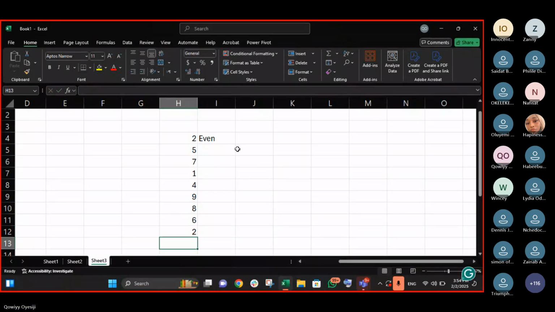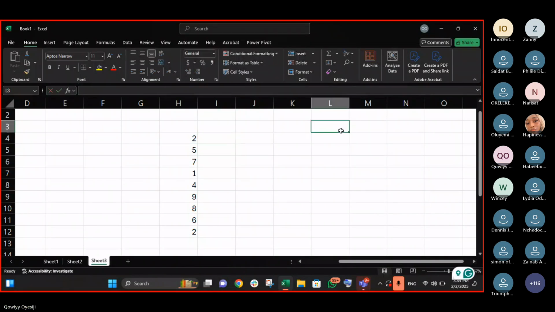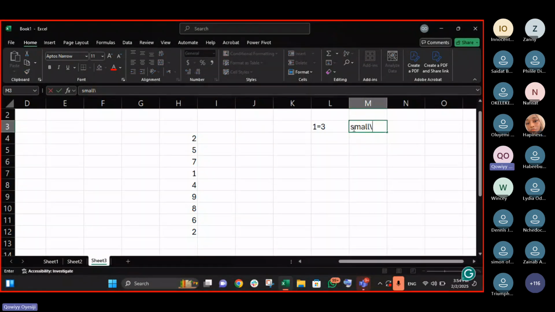Now, I want to use IF: any number that falls between 1 to 3, give me small; any number that falls between 4 to 6, give me medium.